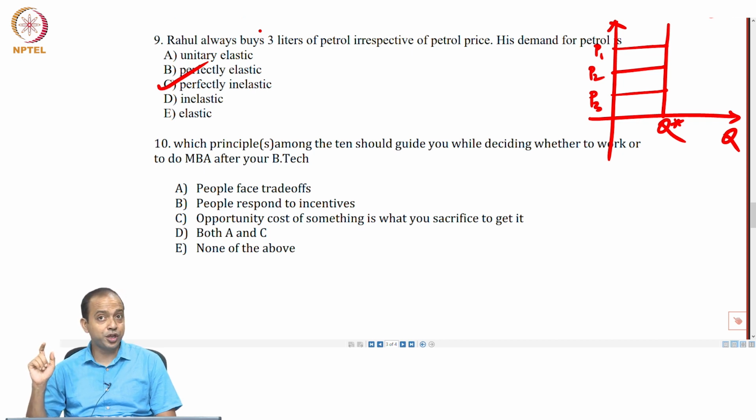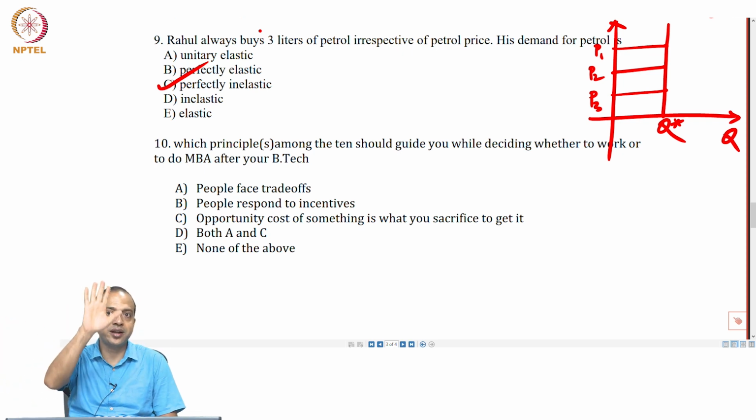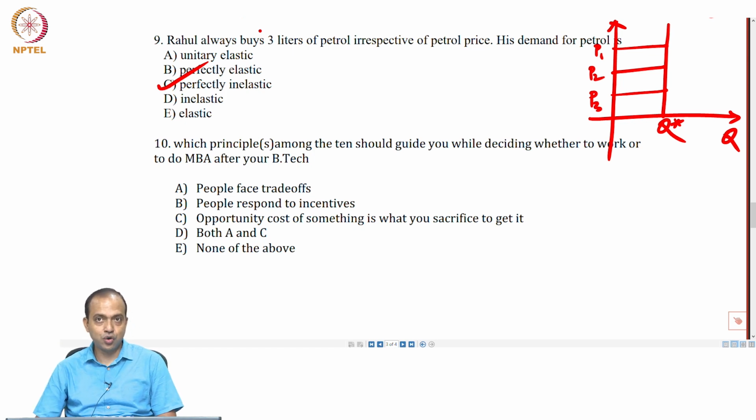Yes, that is also applicable, because when you go for an additional degree of MBA, what are you sacrificing? You are sacrificing the job that is there in your hand. By working you would have earned some amount of money, and you are sacrificing that to get the other option. So, the opportunity cost of doing an MBA